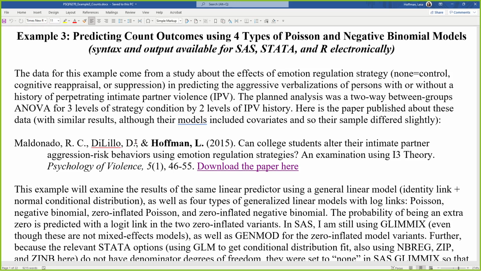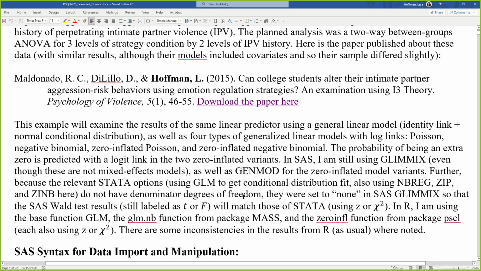I don't think I would have seen this project had there not been very, very close to significant results at stake for someone's master's thesis. But it's a good thing they came and chatted with me because this makes a great example, and I was able to fit a better model and get results that are, I think, more believable than what they would be under a normal model. So the paper itself is here. In this example, we're going to look at, I think, 6 different models, but starting with normal as a basis for comparison.